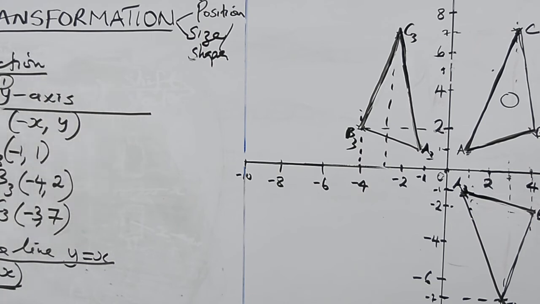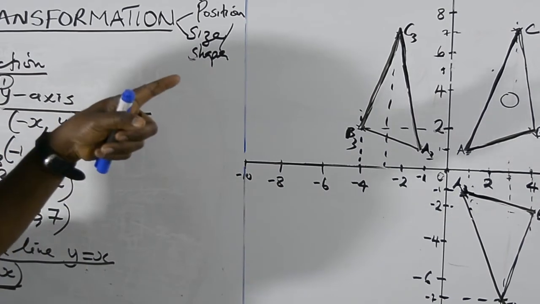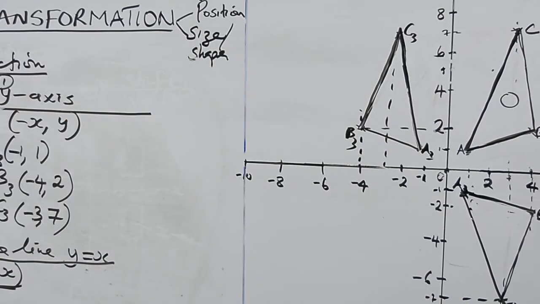So now I go to C4. It's like reversing it also. The 7 becomes the x and the 3 becomes the y. So it's 7, 3. So I have interchanged them. That is the basis here. You have to ensure that you interchange the coordinates. Where there is x, you put y; where there is y, you put x. Now let's plot it and you see what happens.